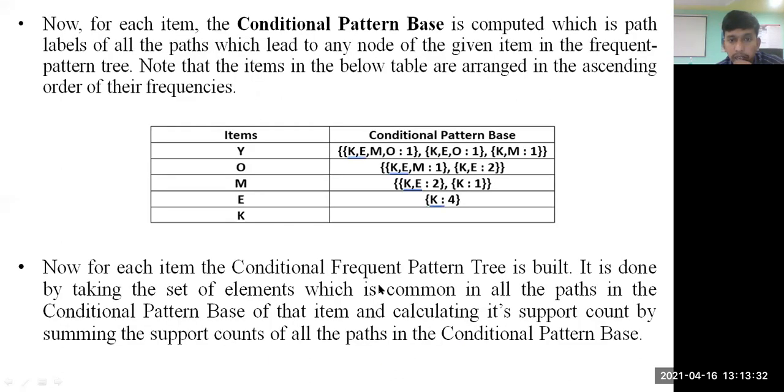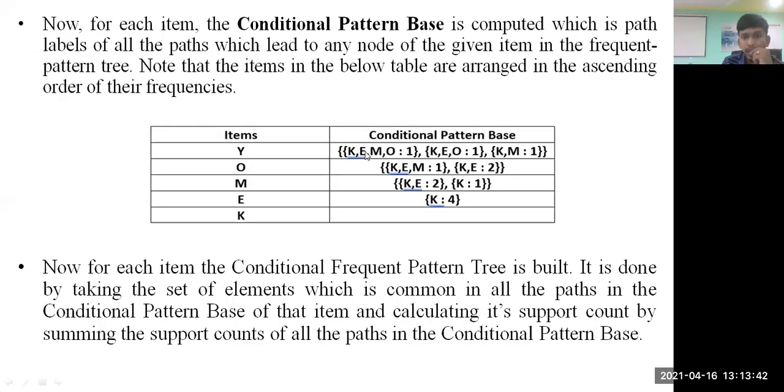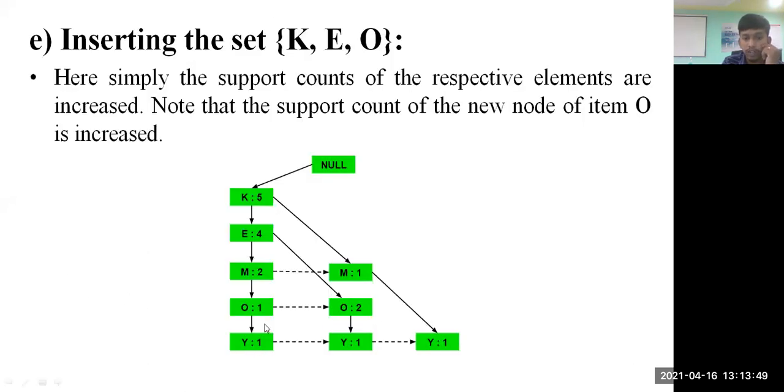That's what I am noting here. So if I look into Y, the first branch is KEMO. That's what I'm saying, KEMO. And here you can see KEMO column Y. This one represents the value of Y in this tree. So for this branch, the value of Y is equal to 1. That's why the KEMO value is taken as 1, that is, the Y value is equal to 1 for this branch.